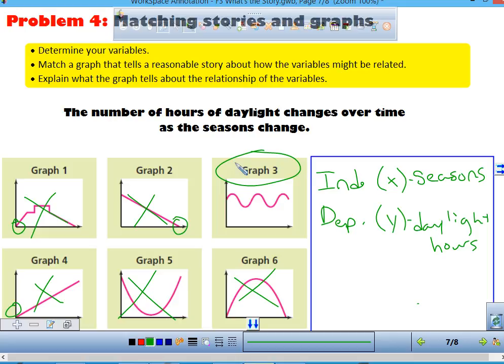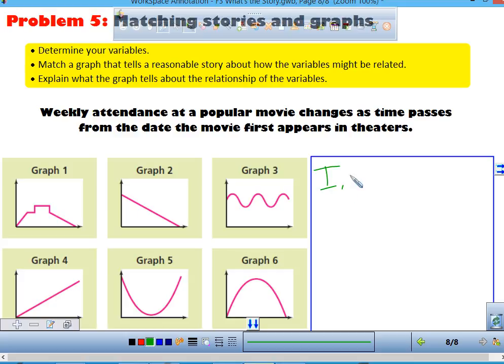Spring, summer, fall, winter, spring, summer, fall. Okay? Seasons are changing. Hours of daylight are changing. Okay? The last one. Independent variable. Dependent variable. Independent's always